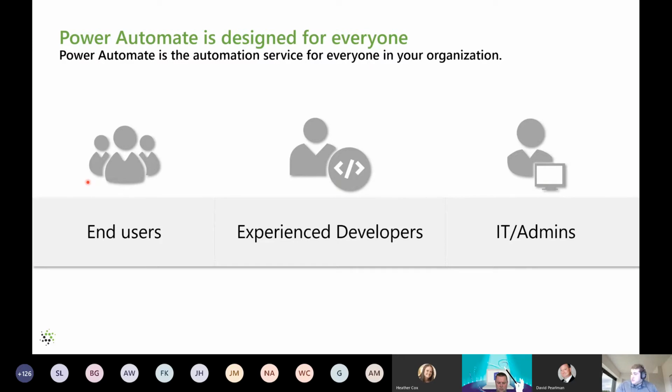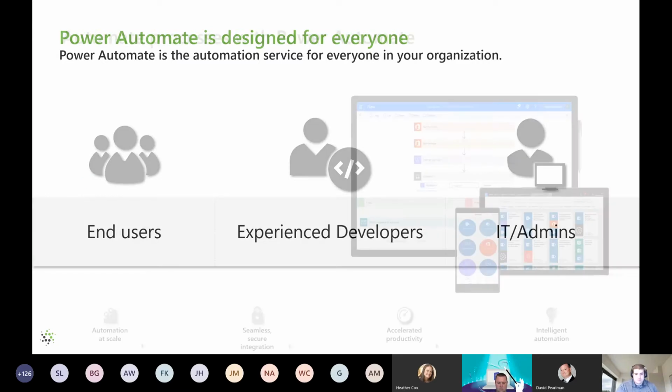Any experienced developers can leverage custom connectors, HTTP actions, and calling custom APIs, so that they can still get the flexibility that a lot of them like when they build full-scale applications or what have you. So again, Power Automate, even within the education space, is really designed for everyone in mind.